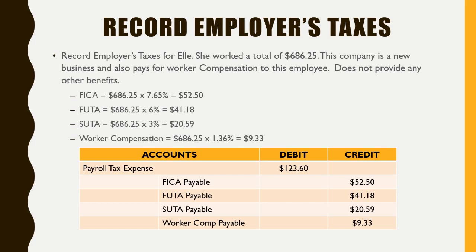So 3% of $686.25 gave us a total of $20.59. And last but not least, we want to protect our employees. So we are going to learn workers' compensation at 1.36%. So 1.36% of $686.25 gave me a grand total of